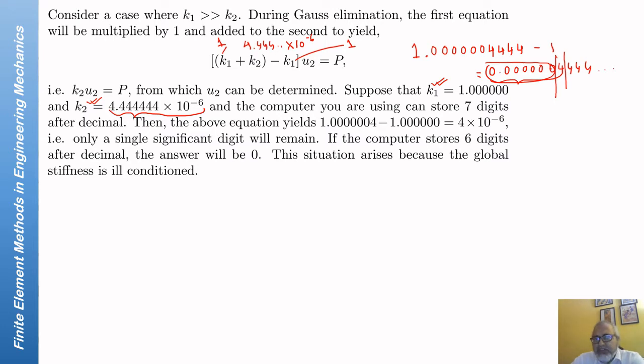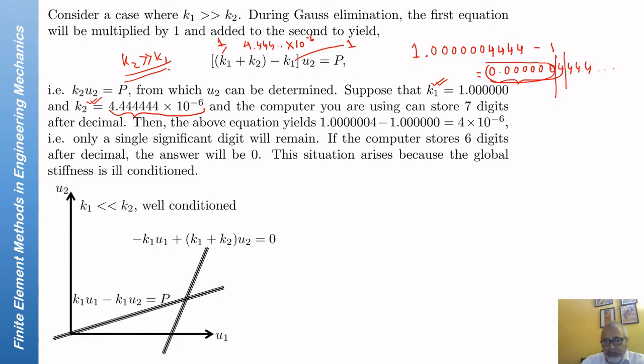And what happens is, this of course will not happen in the other case when K2 is much greater than K1. In this problem it will not happen for K2 greater than K1. So if K2 is much greater than K1, then K1 will cancel out and you will get K2 U2 exactly. So when K2 is much greater than K1, the two equations that you have,